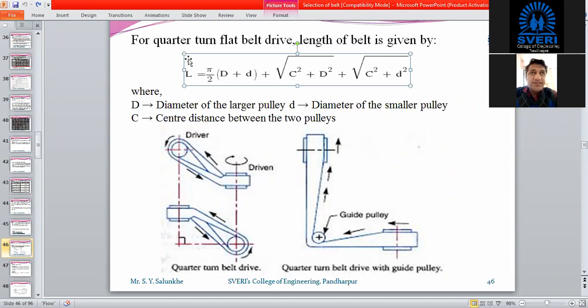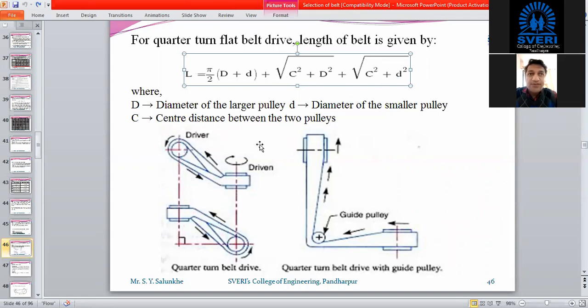Getting? So in this case, we are going to use this formula, that is L is equal to pi by 2 into capital D plus small d, where capital D is the diameter of bigger pulley plus diameter of smaller pulley, plus under root C square, where C is the center distance which we have to take from the axis of the pulleys, whichever may be convenient, plus D square, that is capital D square, bigger pulley diameter square, plus under root C square plus small d square.